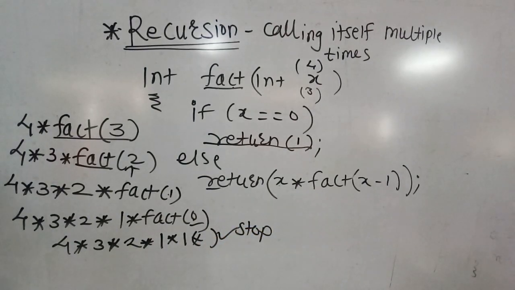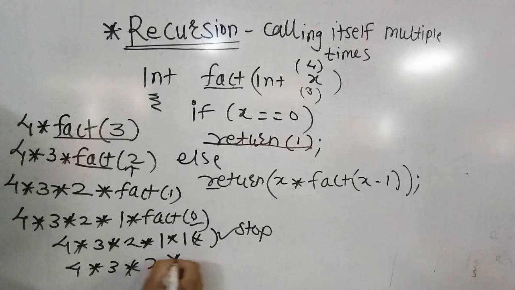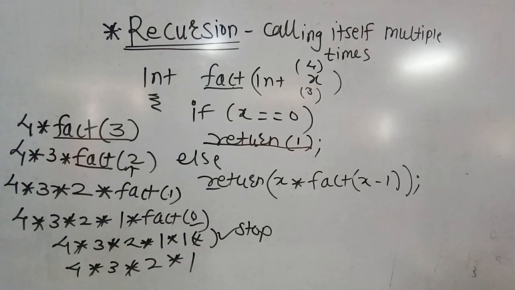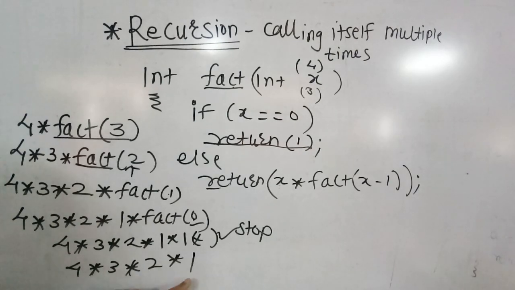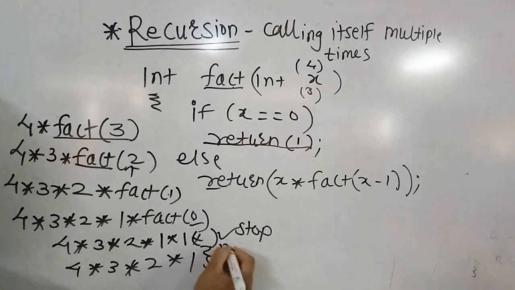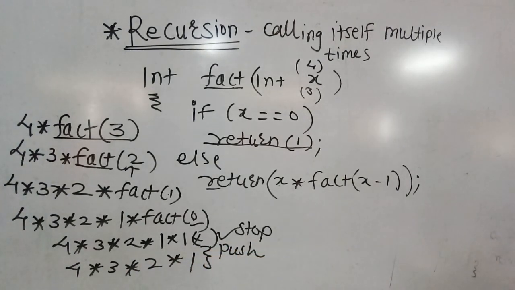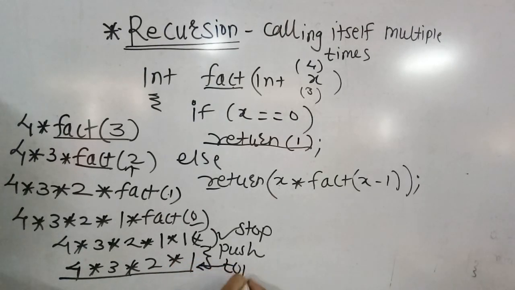So it will calculate like 4 into 3 into 2 into 1. In general terms, we all know that factorial calculation is nothing but taking the numbers starting from 1 till that number. Now in this case, all the operations which we have performed are known as push operations. Now to calculate the final value, we have to perform the pop operation. We all know that the number put at the first position will be at the last, and the number at the last will be at the start, meaning here it is the top of the stack.